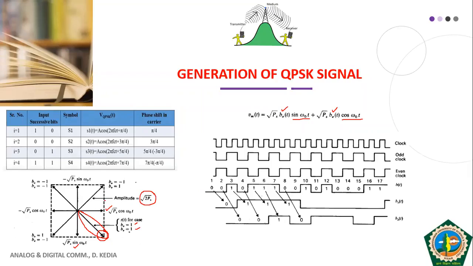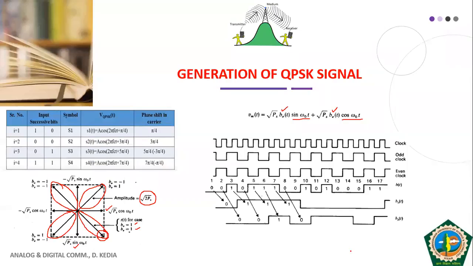Similarly we can have a phasor corresponding to symbol -1 1 like this. Then this is for the symbol -1 -1, and this is for the symbol 1 and -1. Fine. So this is how we are able to generate QPSK signal. This is how we transmit QPSK signal, or this is how we represent our QPSK signal, where we say that 2 bits are transmitted simultaneously. I hope all of you have been able to understand the concept of quadrature phase shift keying.